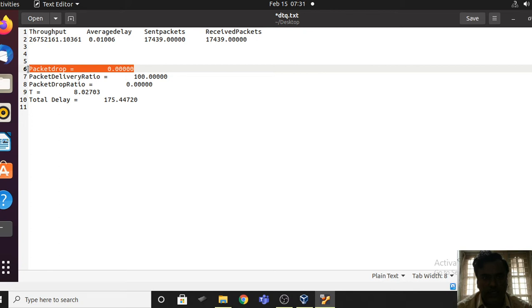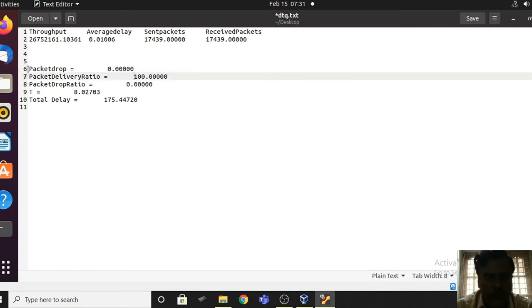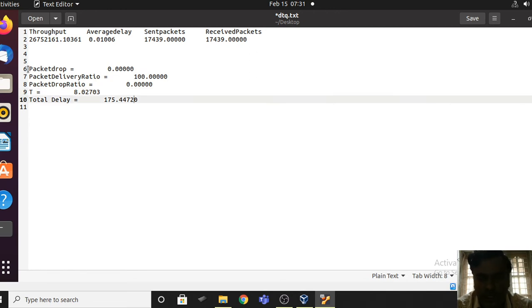These are the values that you want to note down and plot the graph, so you can make a note of that. Packet delivery ratio, if you want to. And there is one more, the total delay, in transmission of data.